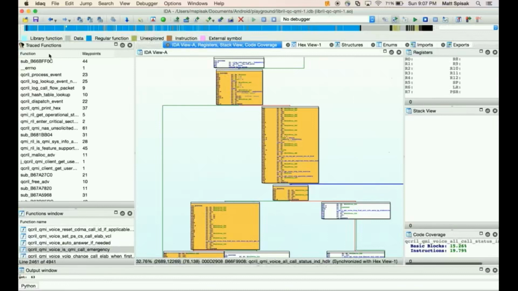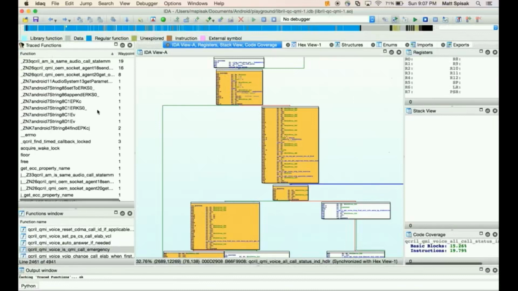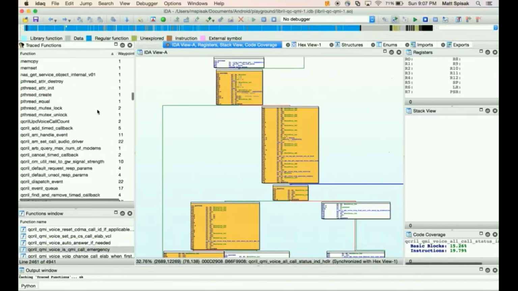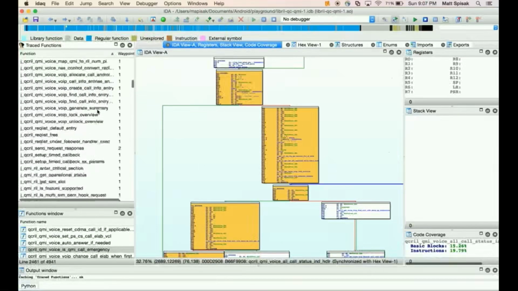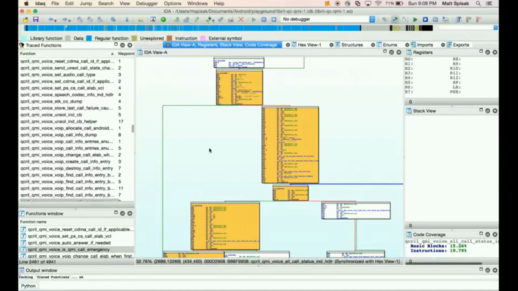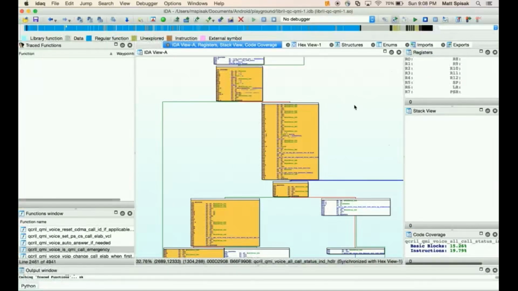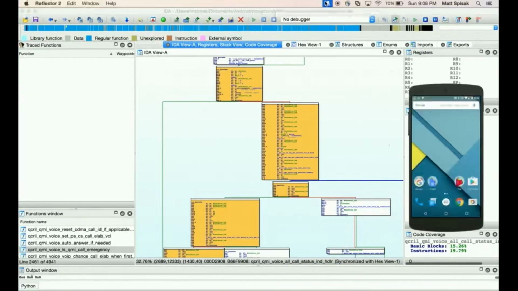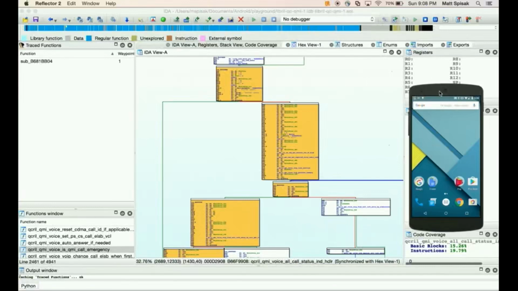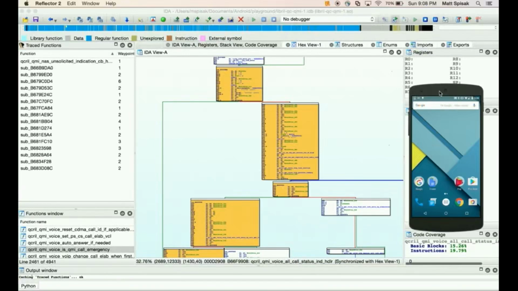And so these are all the functions that have been hit. If we scroll down, we see a lot of QMI voice related things. But where I see this being powerful is with embedded systems, doing differential debugging. So here we're going to do a differential debug. We'll tell the plugin, remember everything we've seen, but go ahead and clear out the trace function history. And then we'll resume the trace and send ourselves a text message, because maybe we want to isolate SMS handling. So I'll send